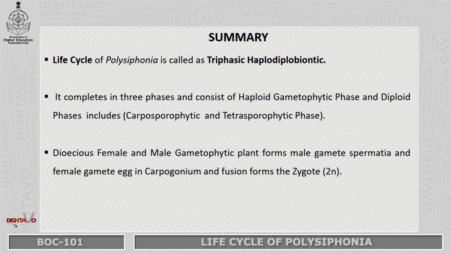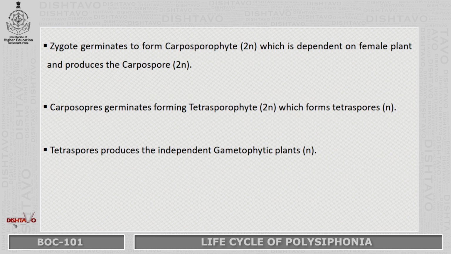When these two fuse, they form the diploid zygote. The zygote germinates to form the carposporophyte, which is dependent on the female plant and produces the diploid carpospores. Carpospores germinate forming the tetrasporophyte, which forms the tetraspores, which are haploid. These tetraspores produce the